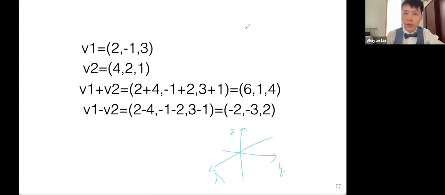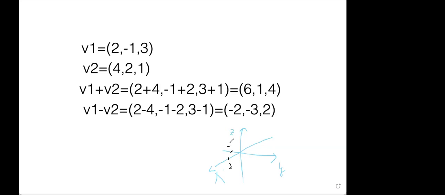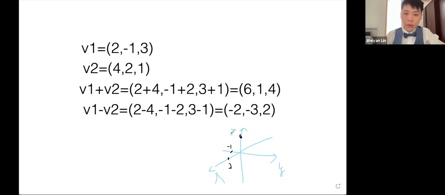For example, this is your XYZ plane. So you have 2 in the x direction, -1 in the y direction, so -1 here, and 3 in the z direction, so 3 here. So basically you